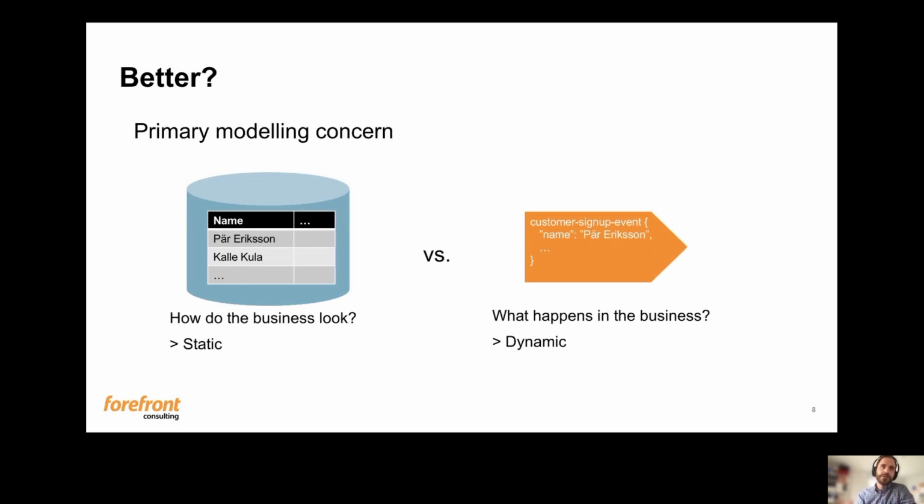And also, what else? Well, when we build our systems with current state modeling, we must focus on how the business looks, which is pretty much a static way of thinking. And when we build our systems based on events, we actually focus on what happens in the business. It's more like a dynamic way of working. And I would say that the dynamic flows and the events that happen in a business are often more interesting to work with, and it's often there where we can have value in our solutions.